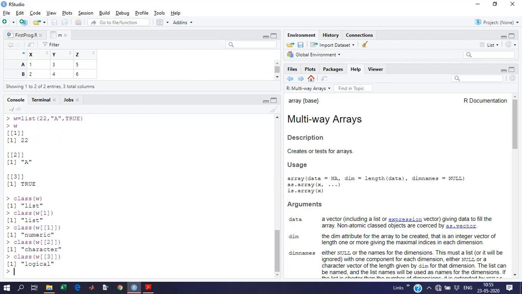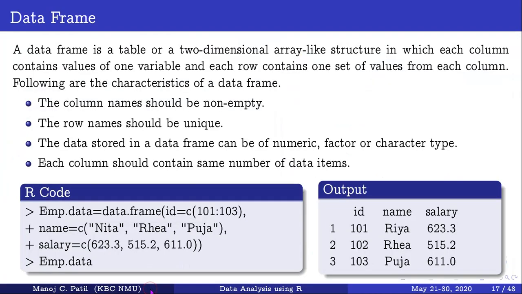So these are the list and array things which I haven't mentioned in the slides, but these are important data types here. So we have seen vectors, matrices, data frame, list and array.